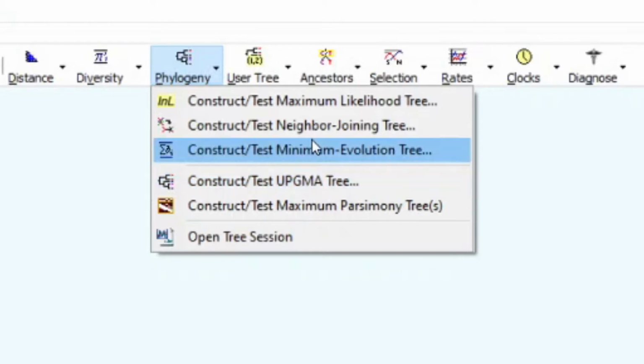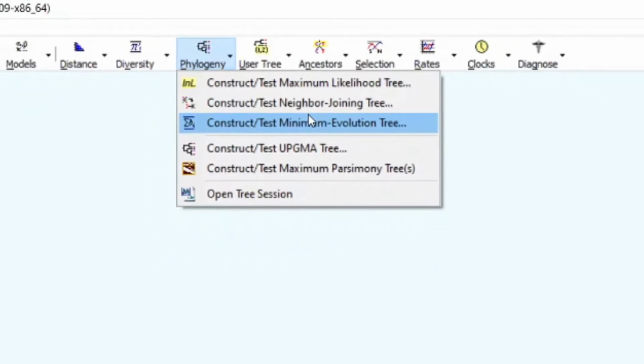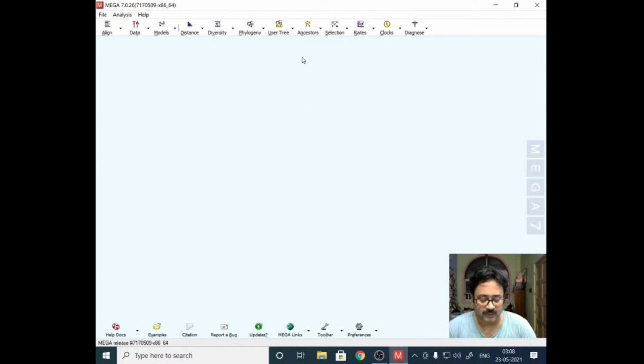Same as I mentioned in the very beginning of the video, which tree you are going to select will depend on what kind of study you are going to perform. Suppose you are going to perform a study on genetic diversity.